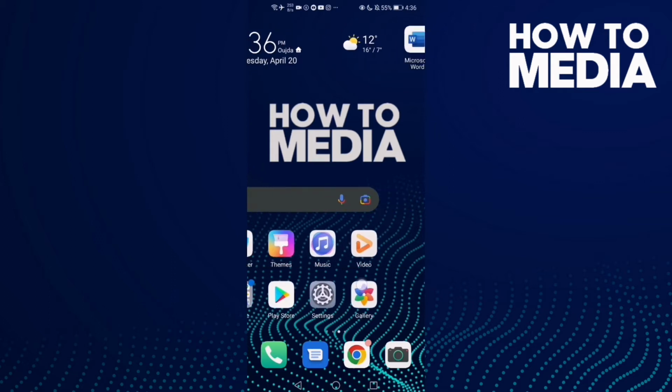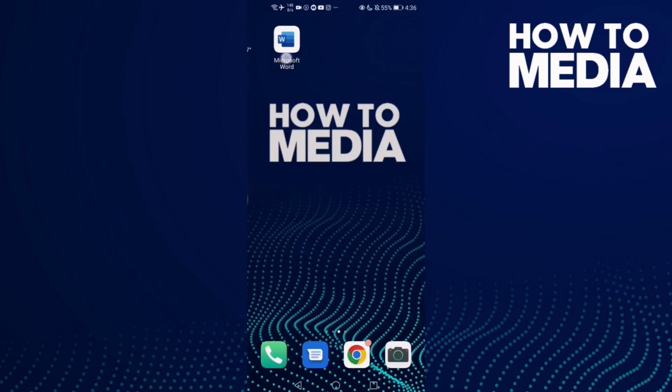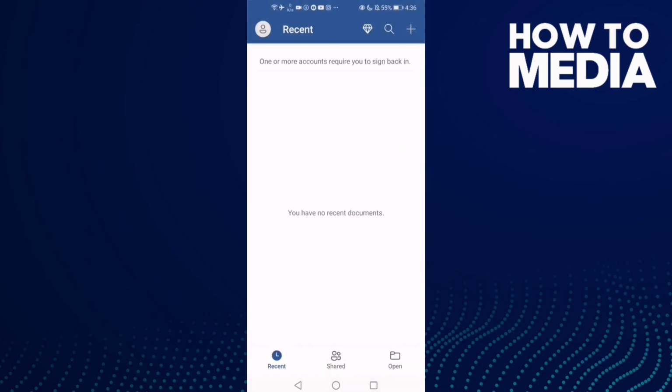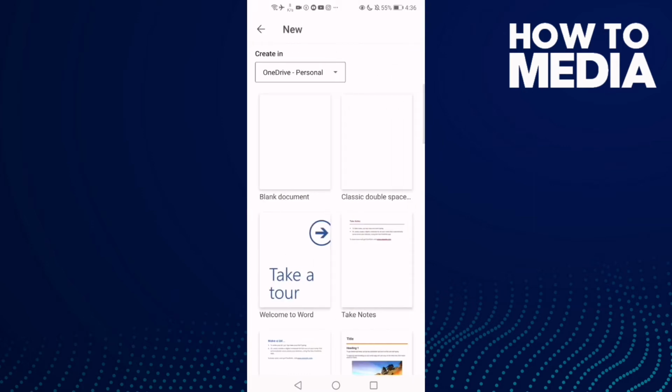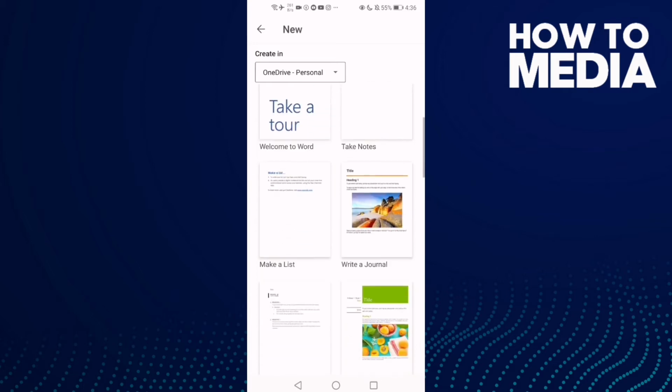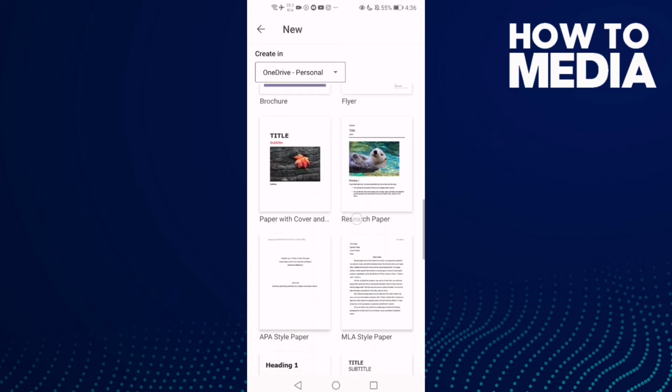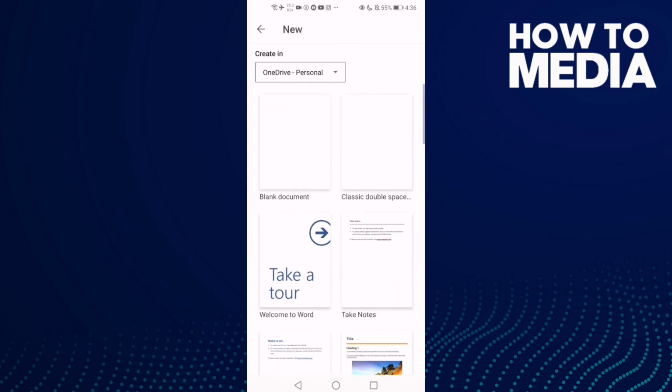First thing we're gonna do is go to Word, click on it, and then just click this plus icon, and now select here any document you want, and then just click here,